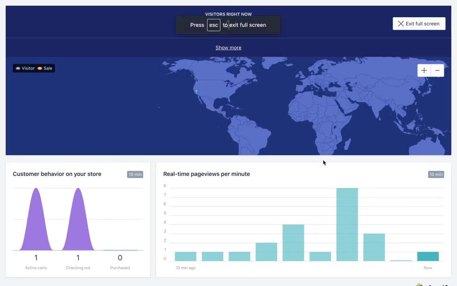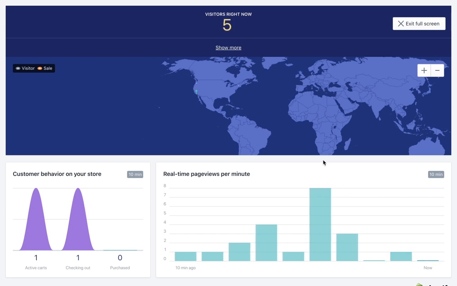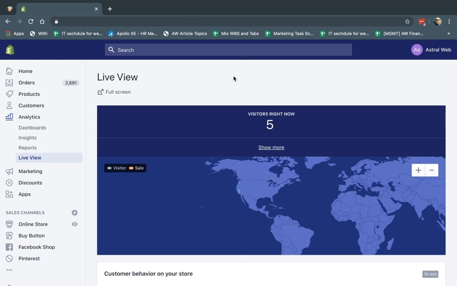What does this help with? Aside from it looking very nice and very cool, sometimes when you run a specific promotion, maybe a very big promotion, and you send out an email newsletter and you have a lot of people, you want to just make sure everything is normal and fine and people are on your site. So you can go here to check that everything's fine. There are no bugs. Maybe you released some new code or maybe it's Black Friday. So you can go and see this information, check a quick health and look around. So that's basically it.